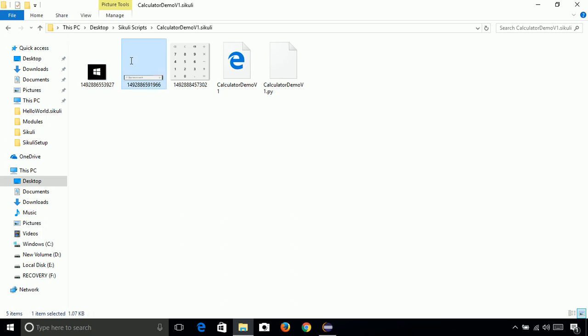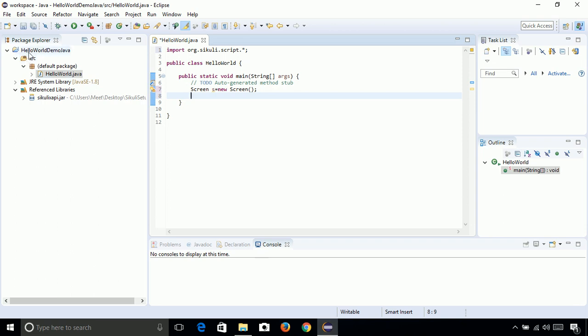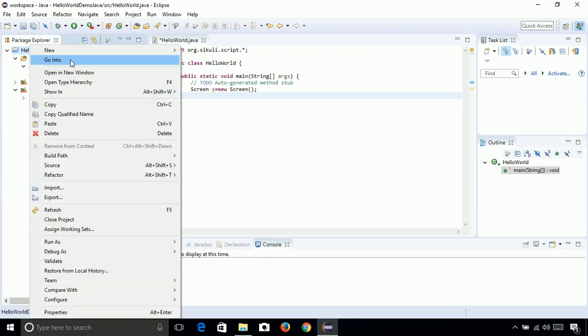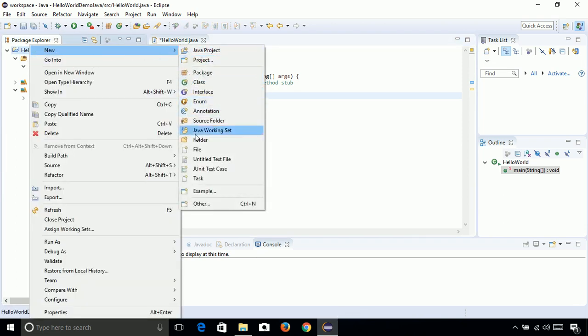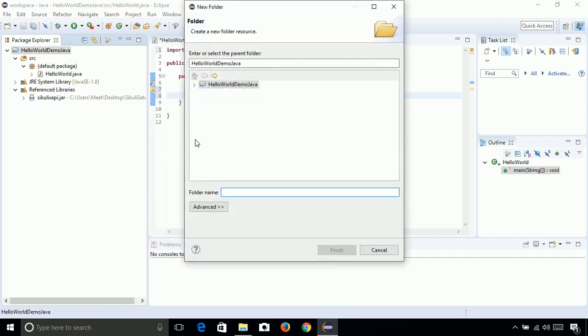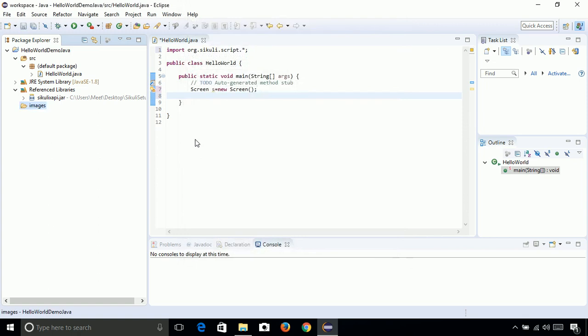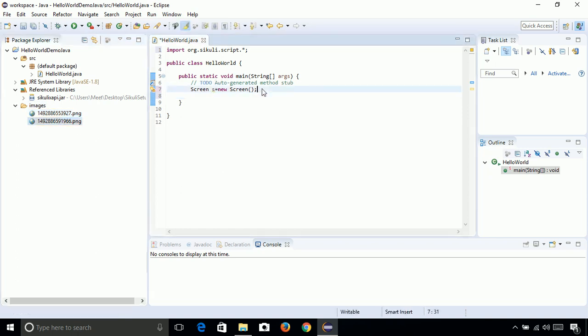These are the two images we require. So select these two images, copy them, and here create one new folder that will store the images used in the script. So let us paste them here. Those two images are pasted here. Now we can use these two images.